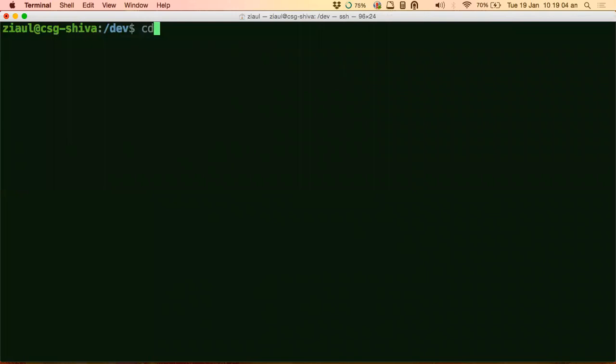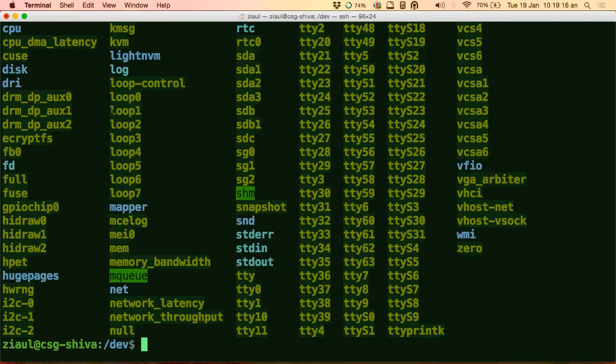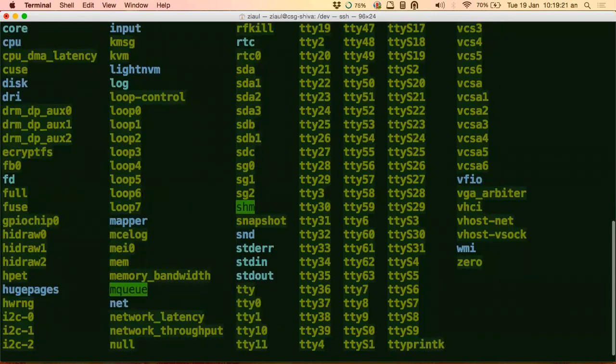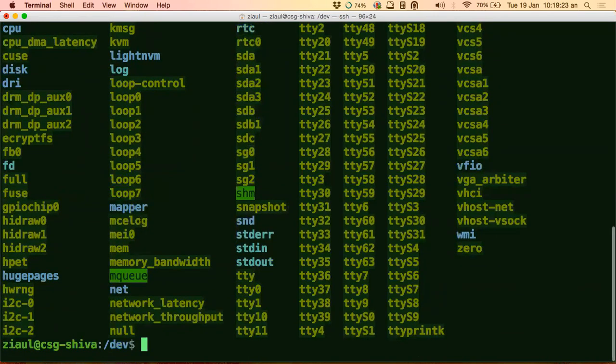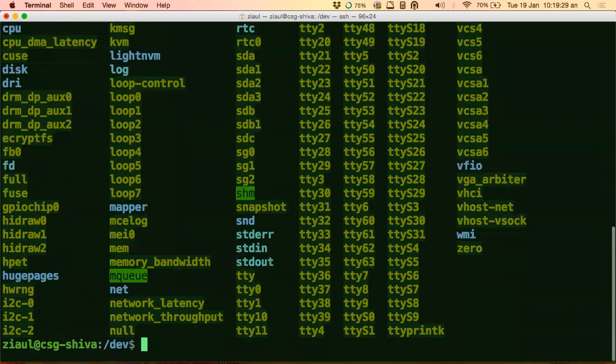See, I am inside a directory called /dev. This directory is inside all Linux distributions. This is called the /dev directory. Just remember this guy, /dev. So when I do an ls on this directory, what do I see? I see these yellow files, right? So what are these yellow files? Somewhere you would see a USB. I think you will see an SDA.